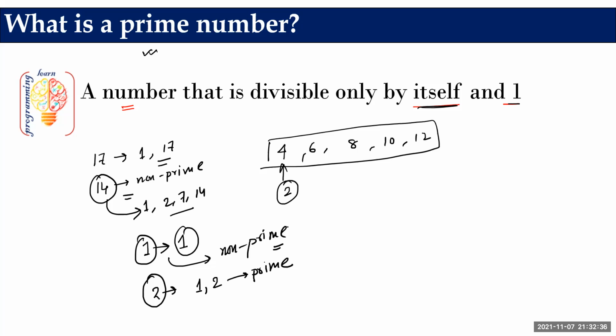Third point, suppose we have taken the number 19. This is an odd number, so it will definitely not be divisible by 2. We'll only check by dividing it by 3 first. 3 does not divide it, then 4, then 5. We'll start from 3, but till what number should we repeat this division operation so that we can find another factor apart from 1 and the number itself, and conclude whether it is prime or non-prime? Here we need to apply a certain trick.